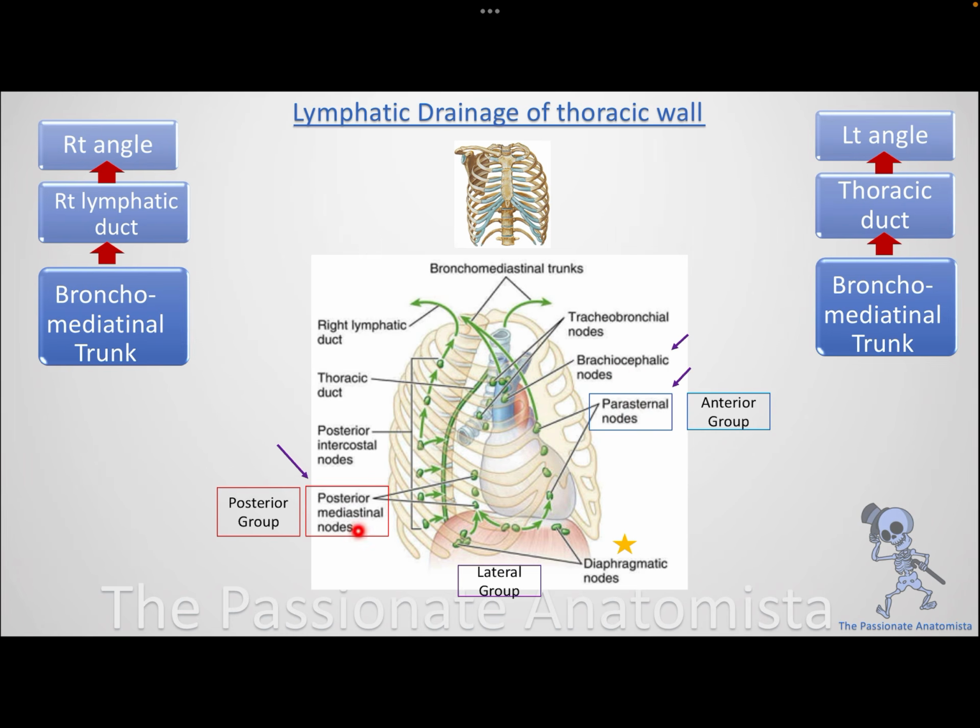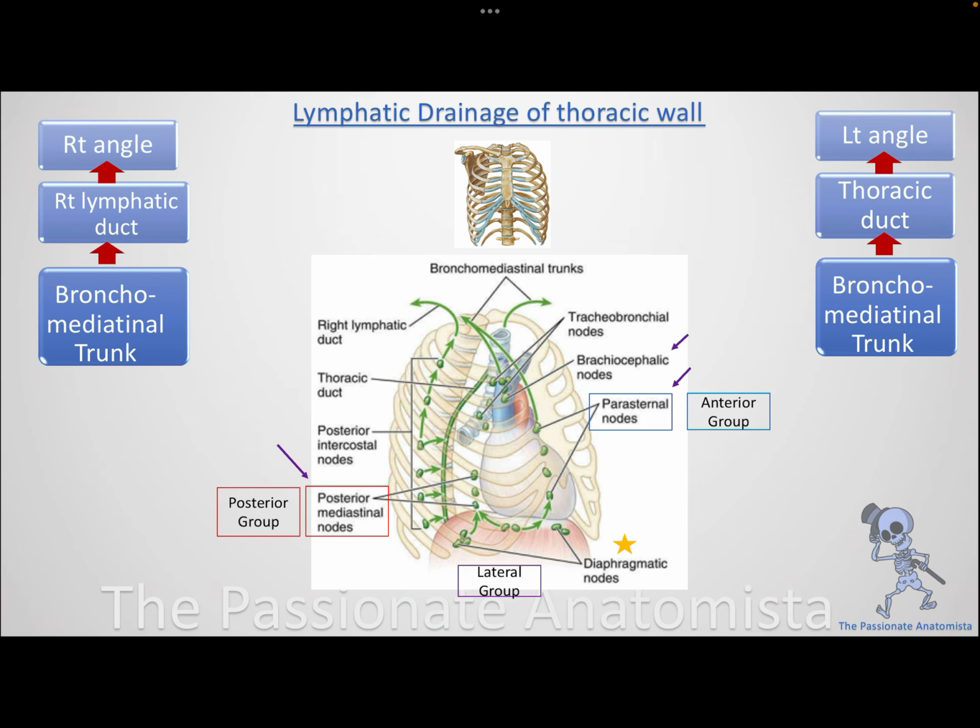Eventually, these nodes drain into the bronchomediastinal trunk, because remember the idea of the lymphatic system, like we said in the overview: lymph nodes drain into trunks, and then if you are on the right side, you drain into the right lymphatic duct. If you are on the left side, you drain into the thoracic duct, and eventually you drain into the venous angle,